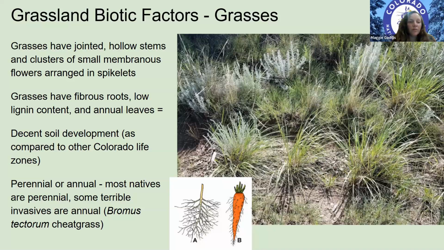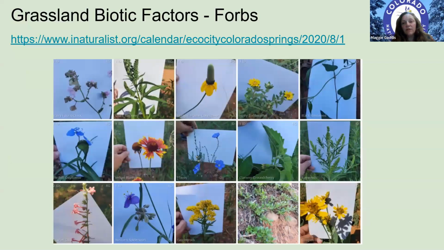Grasses can be perennial or annual. Most of our natives are perennial, but we have annual grasses as well. And some of our terrible invasives are annual. The reason why they are such a problem is because they're able to take the niche early in the season before our warm season grasses have really even woken up from the winter. And so they're able to rob the environment of resources before our natives are even really paying attention. So something to consider, the management of invasives can really be temporal if you understand the phenology and behaviors of